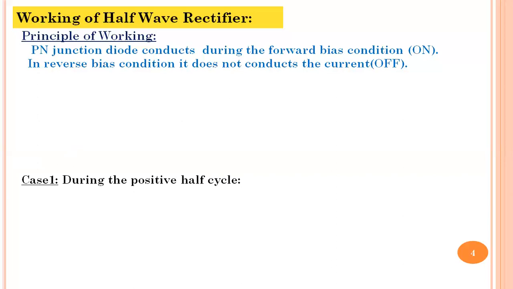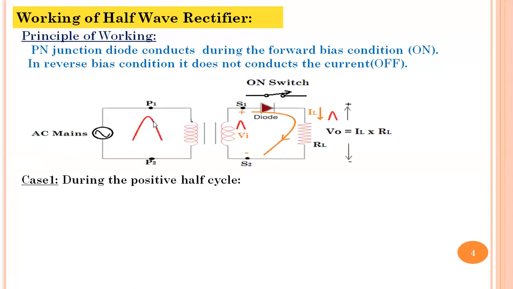Let us understand step by step what happened during the positive half cycle. Meaning of positive half cycle: the voltage magnitudes present at the AC input are positive. Therefore, P1 is at positive potential and P2 will be at negative potential, as the condition of voltage across the primary. The same will be the condition of voltage induced across the secondary. S1 becomes positive potential, S2 becomes negative potential. That becomes VI. If you observe, the VI is of the same nature as the AC mains supply, only the voltage level is lowered.